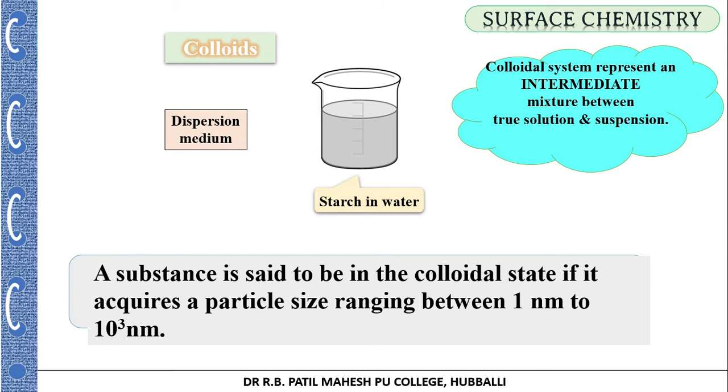And when we say colloidal system, it has two phases. One is the dispersion medium phase and another one is the dispersed phase. Students, dispersion medium means it is the solvent that you have taken, that is continuous in nature, whereas dispersed phase means these are nothing but the solute particles, for example starch particles. So when starch is dissolved in water, students, water acts as the dispersion medium, that is continuous, whereas starch is called the dispersed phase, that is discontinuous.